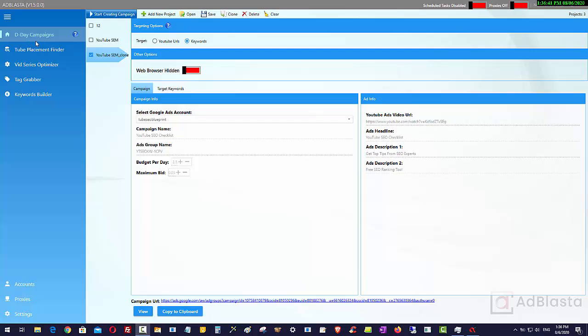It's called the D-Day campaigns because these campaigns cost $1 per day and we get 1 cent cost per view. They're advertising campaigns for YouTube videos. We basically run these campaigns and get 1 cent cost per view, and what that does is it will increase the watch time of your YouTube video. Hopefully it's going to increase the retention time,